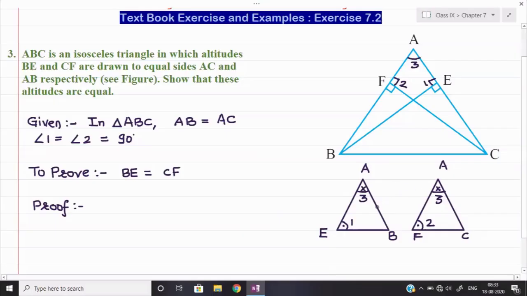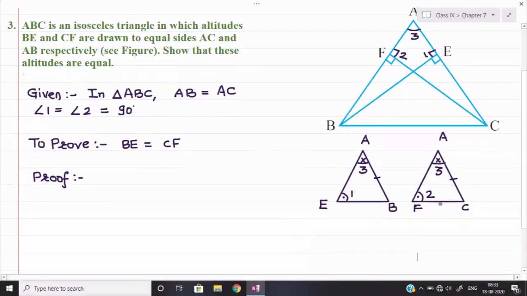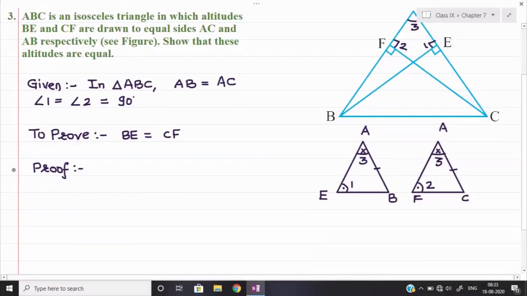Now you observe, in the question only we have given that AB and AC are also equal. Side AB and side AC are also equal, right? So we observe the sequence is going to form here: angle, angle, side. If you start with angle 1, go to angle 3 and then come to side AB, the angle, angle, side sequence is going to form over here. Now see, first of all, here in these two triangles we shall write down,